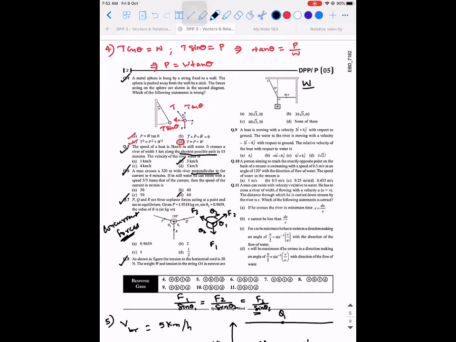W divided by, what is the angle opposite to it? So 120. Yes, that's right. So W divided by sine 120 will be equal to the tension in the string. Mostly all the forces will be pulling forces only. So tension divided by sine of